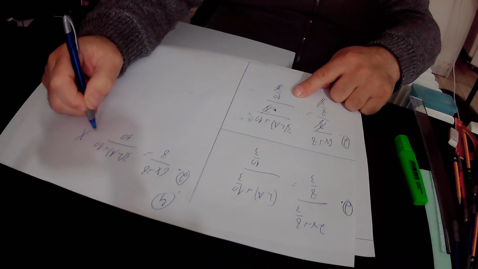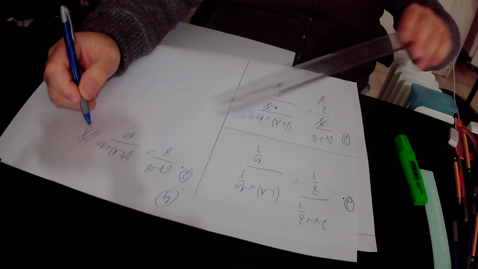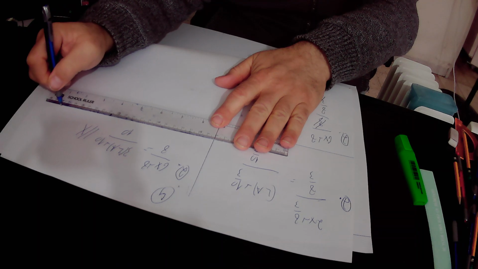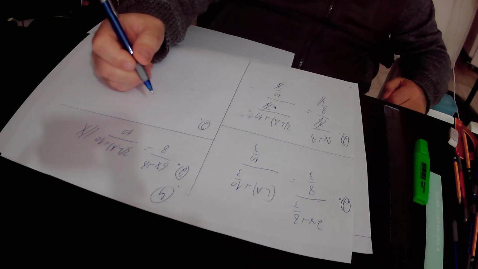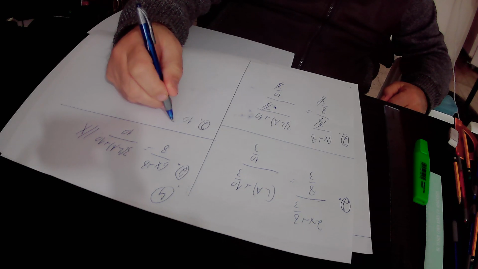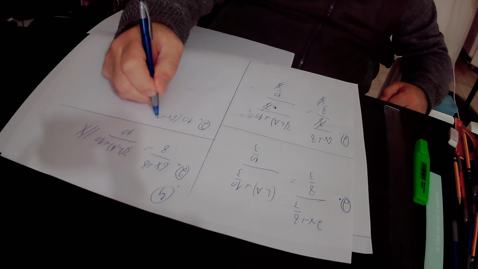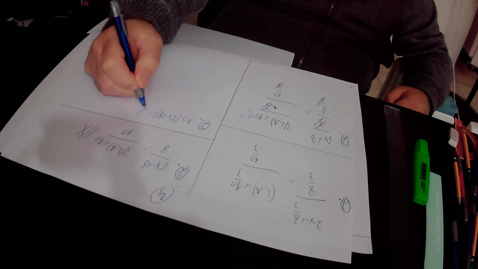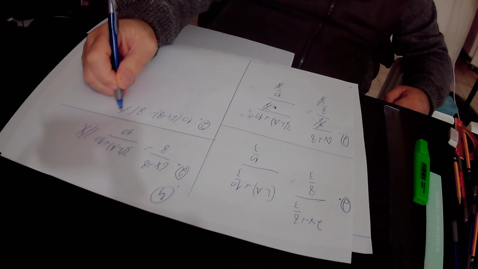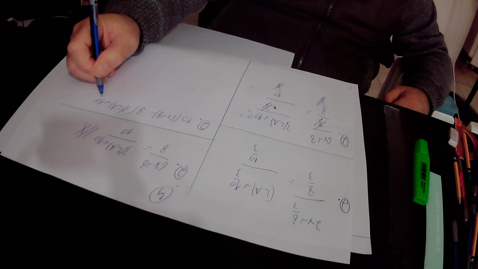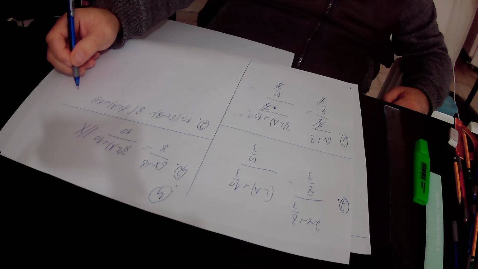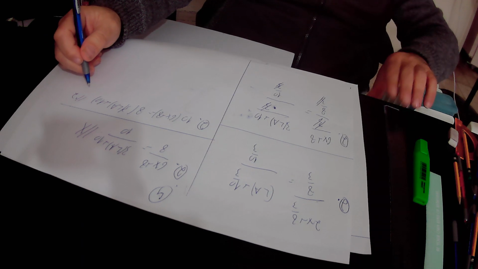Here we cross multiply this equation, equation 2, and we get that according to equation 2, 10 times (6x + 8) equals 8 times (3LA + 10). Here we divide this equation, equation 2, by 2, and we get here that